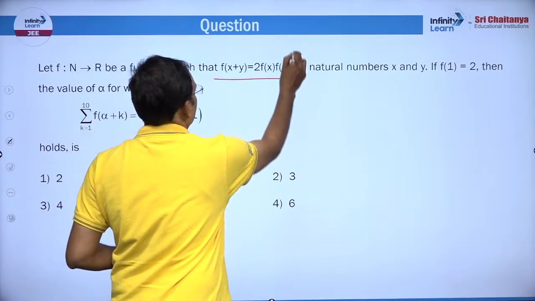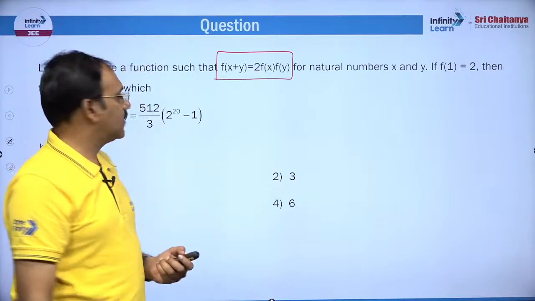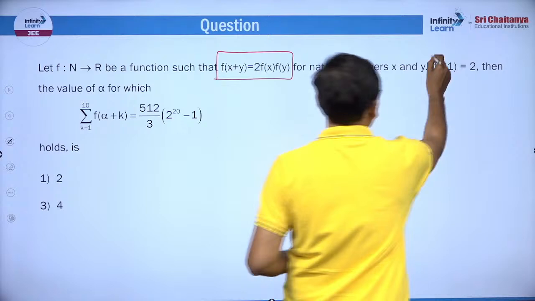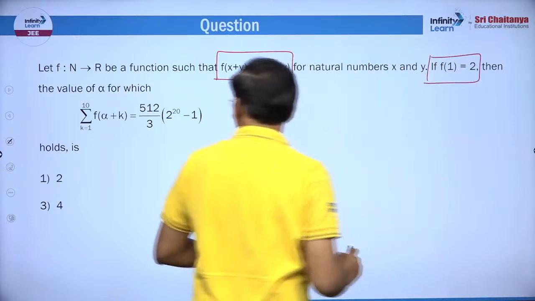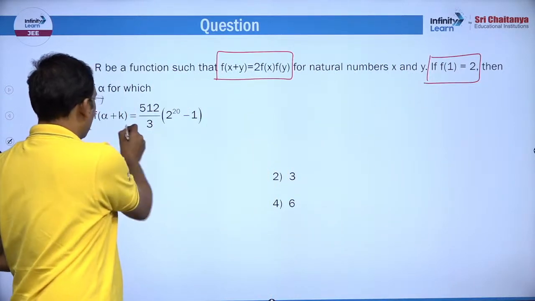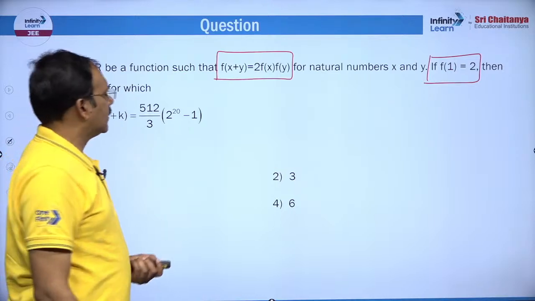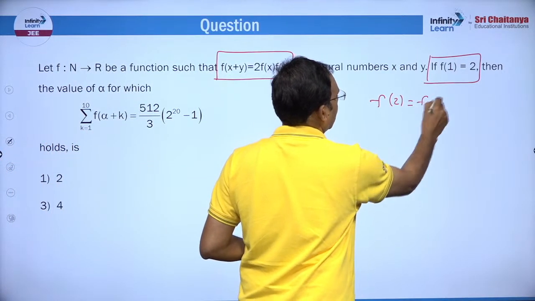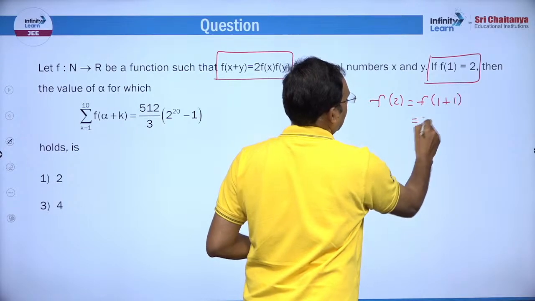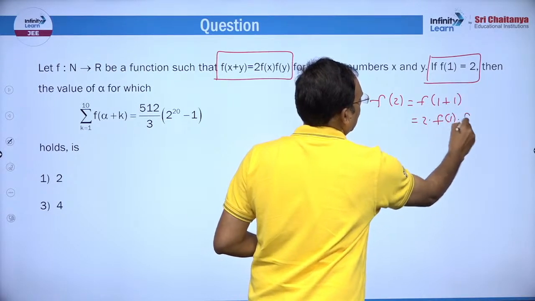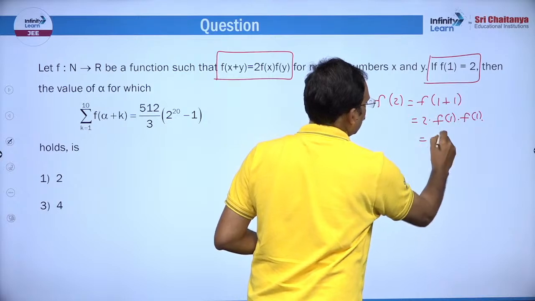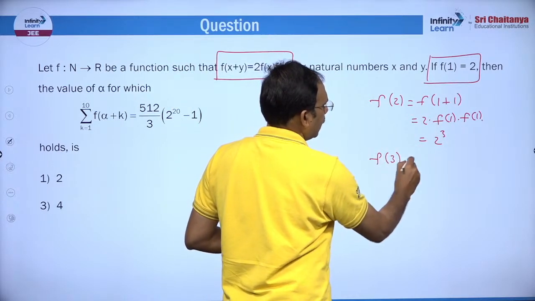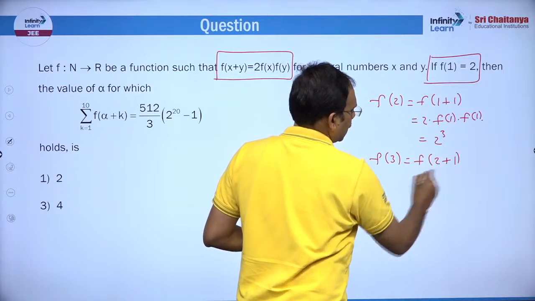functional relation is given, f of x plus y is 2 f of x into f of y, given f of 1 is 2, okay. Now we need to find f of alpha plus k, right. This is simple friends. First of all, you try to find f of 2 by definition, which is f of 1 plus 1, which is 2 into f of 1 into f of 1, which is 2 cube, f of 2 is 2 cube. You just find f of 3, which is f of 2 plus 1, you can write,